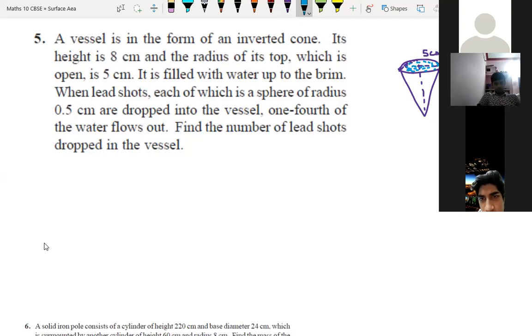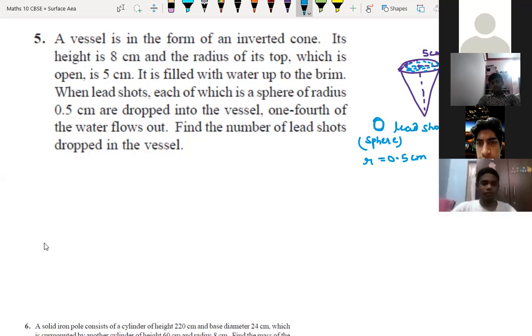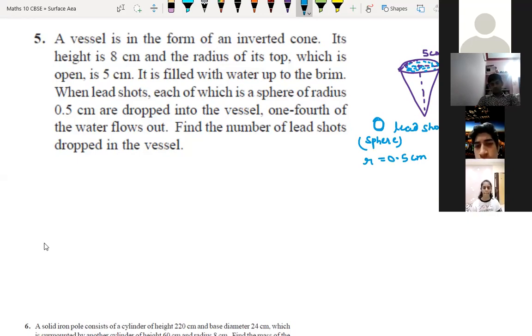Lead shots, each of which is a sphere. See, lead shot means one small lead shot will be there. This is a lead shot, and it is in the form of a sphere. This lead shot has radius 0.5 centimeter. We don't know how many lead shots you are putting. When lead shots, each of which is a sphere of radius 0.5 centimeter, are dropped into the vessel,